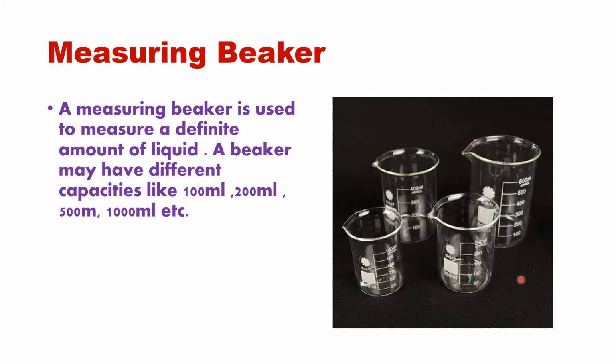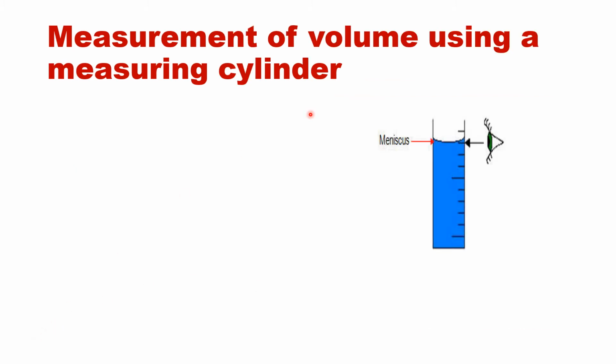So you can measure, like if I want to measure 250 ml, I have to take water up to here in this. Okay, so in between I cannot use it for 225 but only definite amounts of liquid. Like I can use it for 250, 200, 150, 100 or 50. That is all. I cannot use it for 60 ml or any of the measurements which are in between. Then how can we measure the volume using a measuring cylinder?